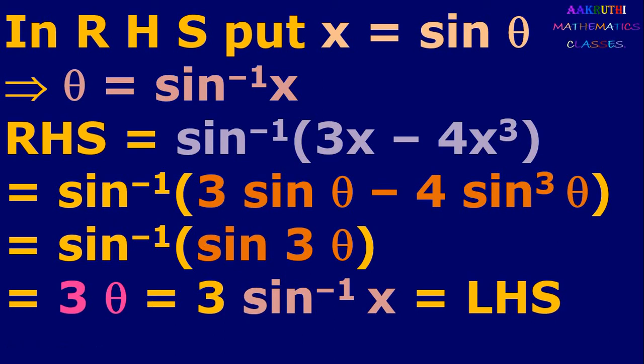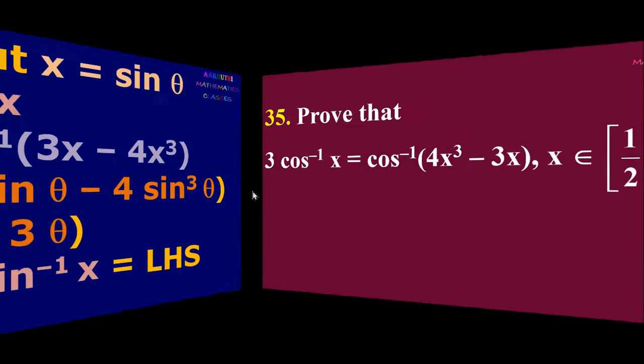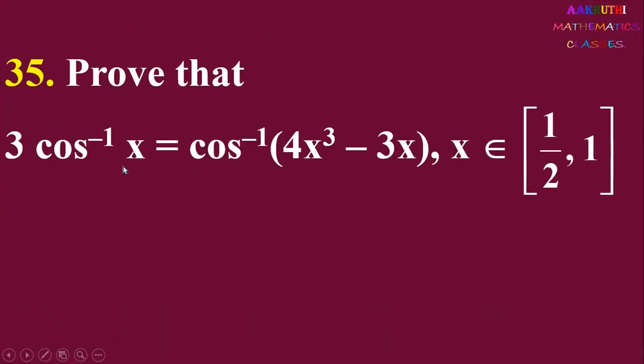So it is LHS. That is, substitute x equal to sine theta in RHS, then we get 3 sine inverse x. So it is LHS. Next one, prove that 3 cos inverse x equal to cos inverse of (4x cube minus 3x)